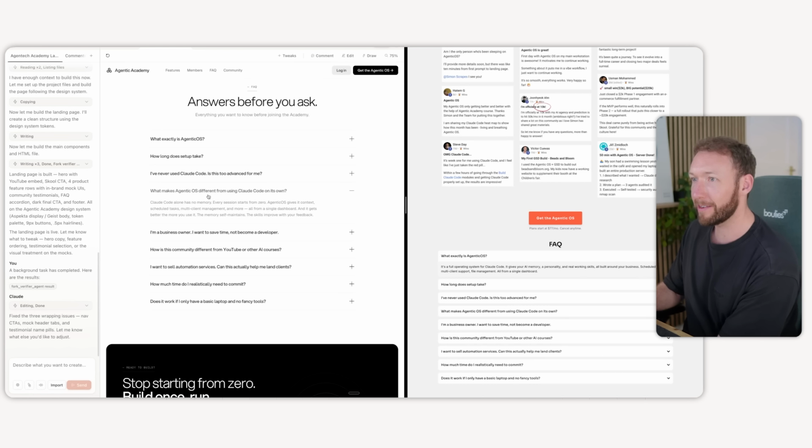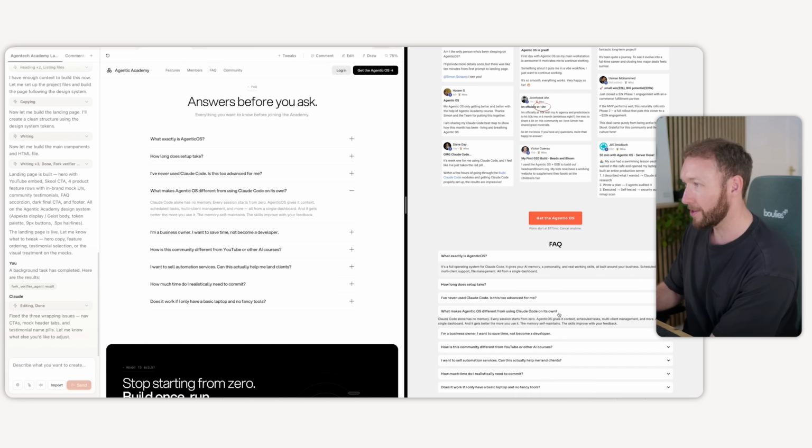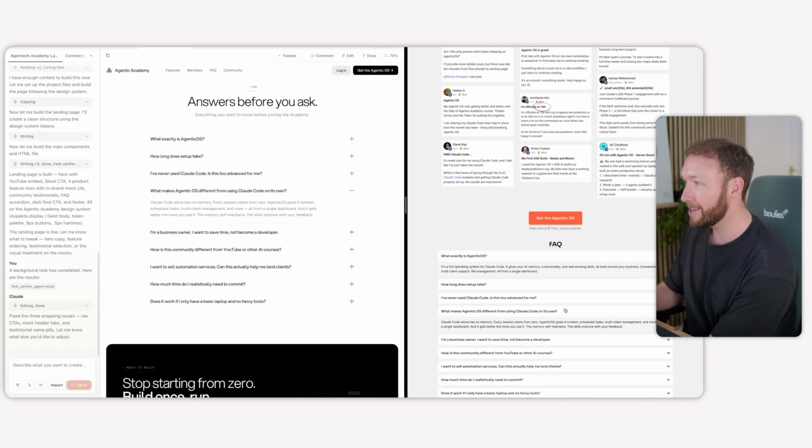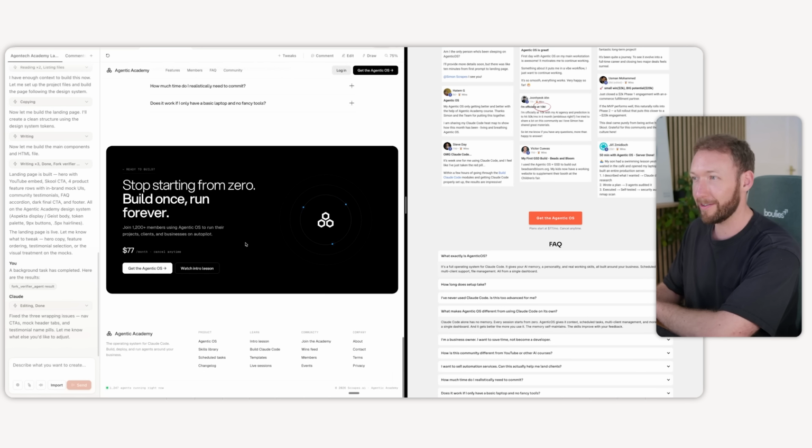Let's have a look. What makes Agentic OS different from Claude Code on its own? Claude Code alone has no memory. So yeah, it literally has taken the exact text as well from the screenshots, which is quite impressive. And then down here, we've got our logo, which is turned into this spinning GIF almost. And it's saying, you can get the Agentic OS or watch the intro lesson, and then get the Agentic OS